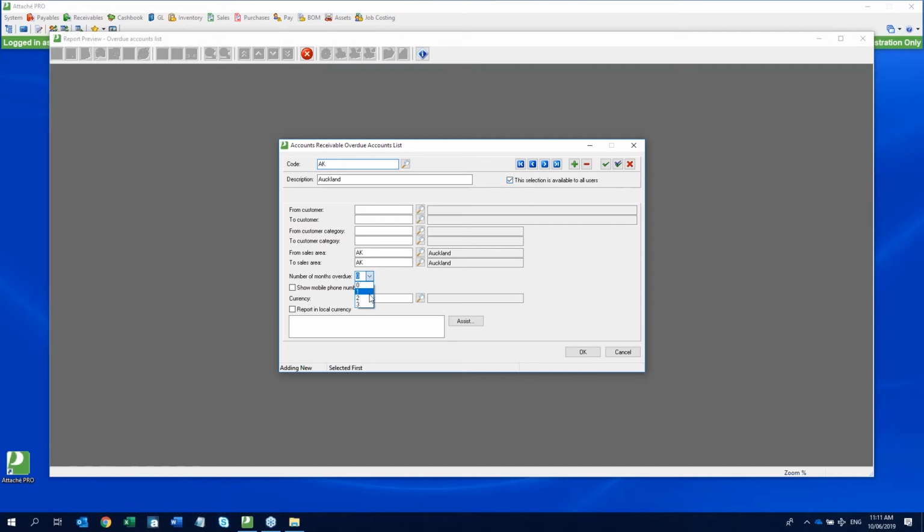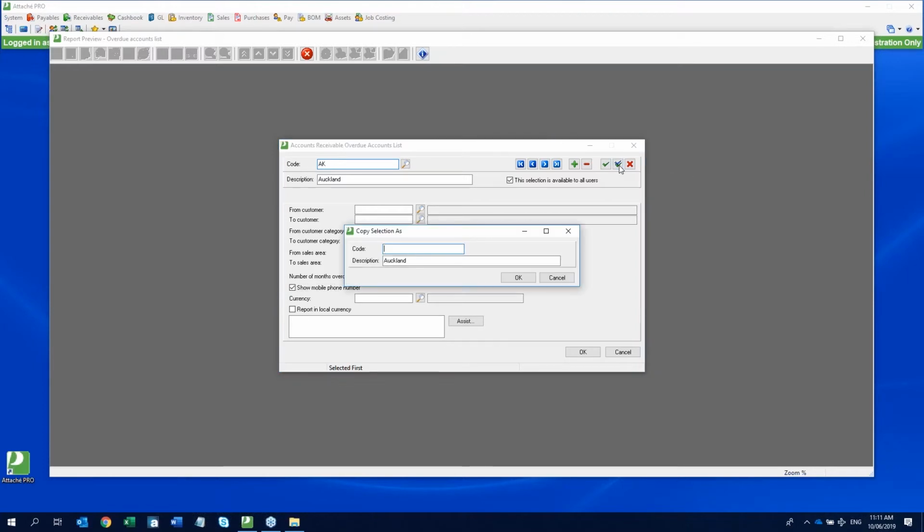So we'll have number of months, anyone who's 2 months overdue, and we'll show the mobile phone number on that as well. So we'll just save that selection. What we can do now is, because we want the selection for our other sales area as well, we can copy that selection by using this option here. So if we copy that selection, we can save it as Christchurch,